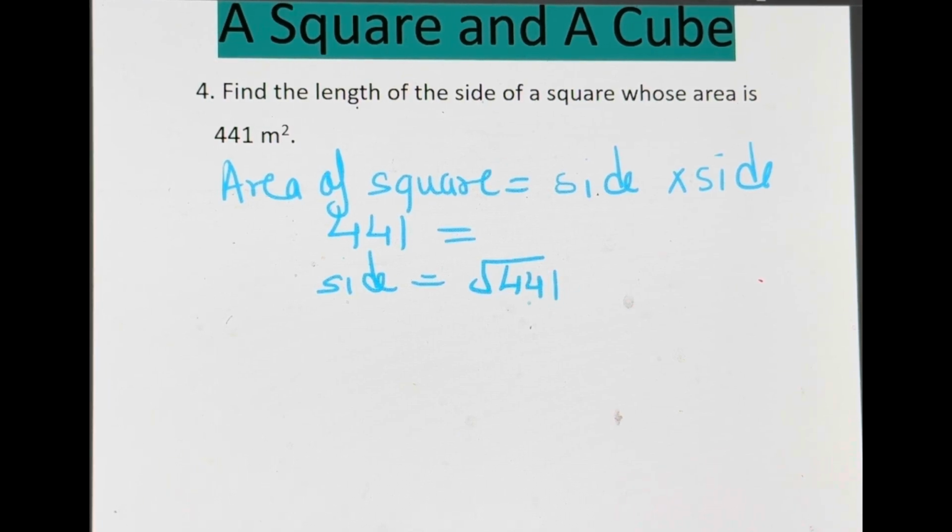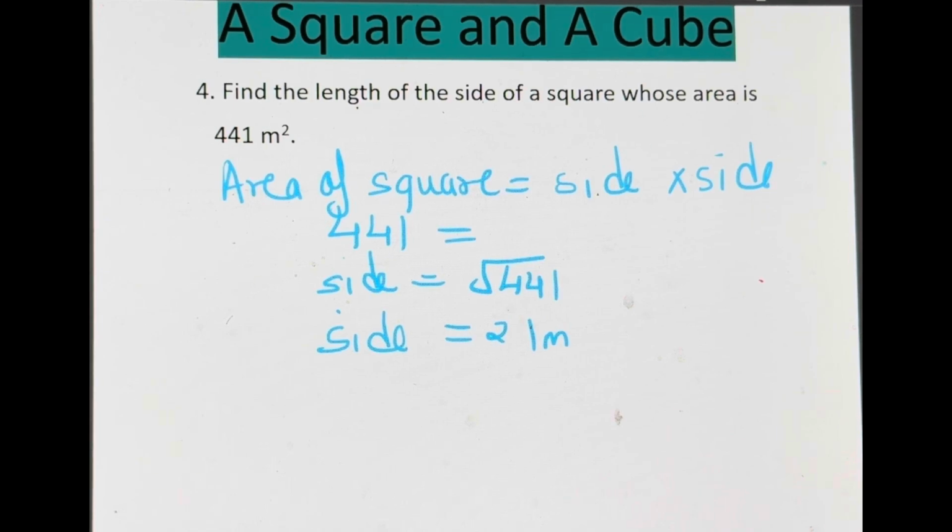Now this is a simpler number. We have already learned the squares of 1 to 30. So directly you can say that the square root of 441 is 21, right? Because 21 into 21 is 441. And don't forget to write the unit, which is 21 meters. Right, so in such cases where the numbers are very small and you have learned the squares already, you can find out the square root. But suppose the number is very big, a larger number, and you don't know the square root of it, then what you will do, you will find out the prime factors of that number.